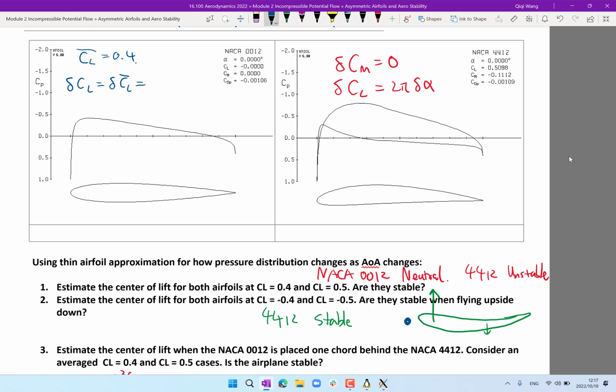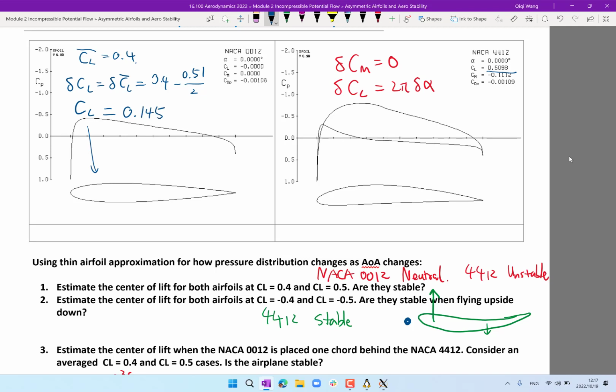Which is gonna be equal to 0.4 minus half of 0.51. 0.51 is the CL of the second airfoil. Agreed? Okay, so that means my CL for this airfoil has to be just that number. What is that number? It's a point. Sorry,